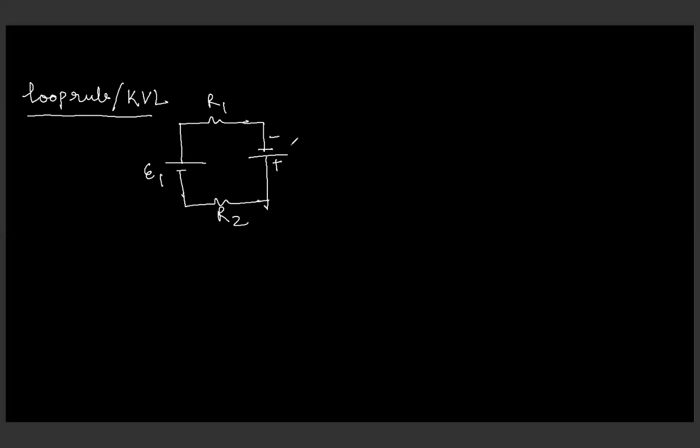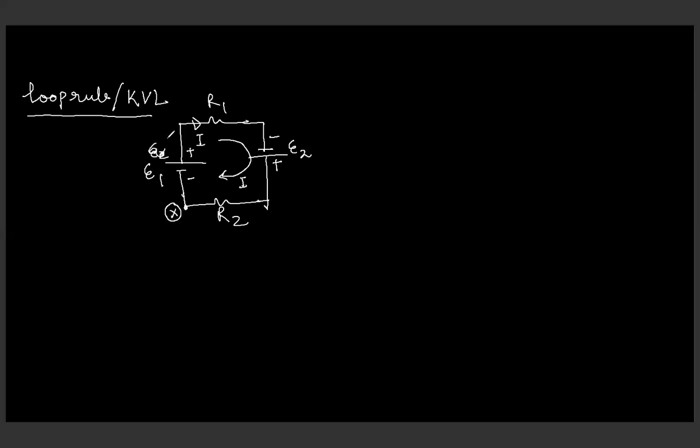How many batteries are connected now? 2 batteries. It may be possible that one more branch will originate and start to participate in the complete circuit. So here we use the loop rule. Let the current in the circuit be I. So how to solve it? For your reference, I am taking a point X over here.